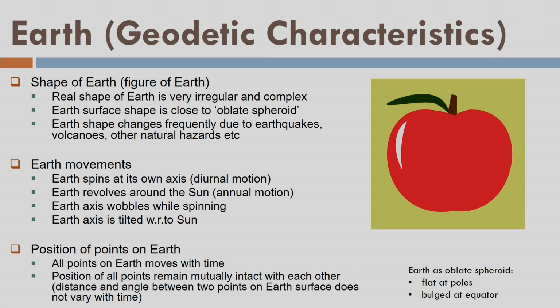Okay, so Earth as an oblate spheroid, as we have seen. Let us assume that Earth is looking like an apple. In an apple fruit, if I remove the root of the fruit, which is shown in the figure, and the leaf, which is also shown here, you can imagine that Earth is somehow appearing flat, or this apple is flat from the top and slightly bulging from the middle part, what we call the equator for the Earth. So flat from the poles, bulging out at the center part.